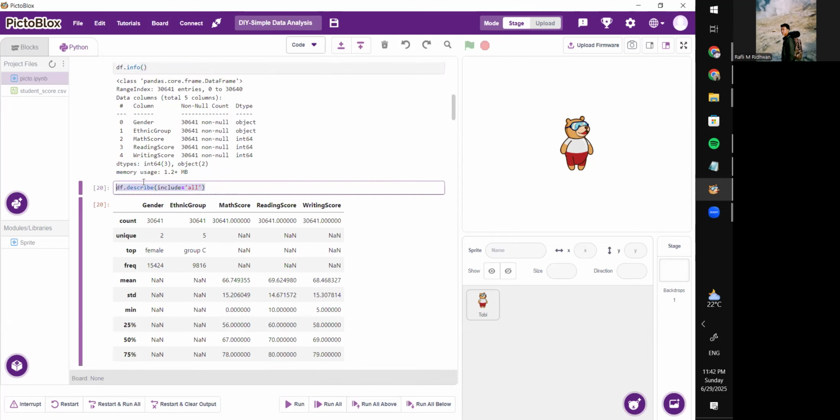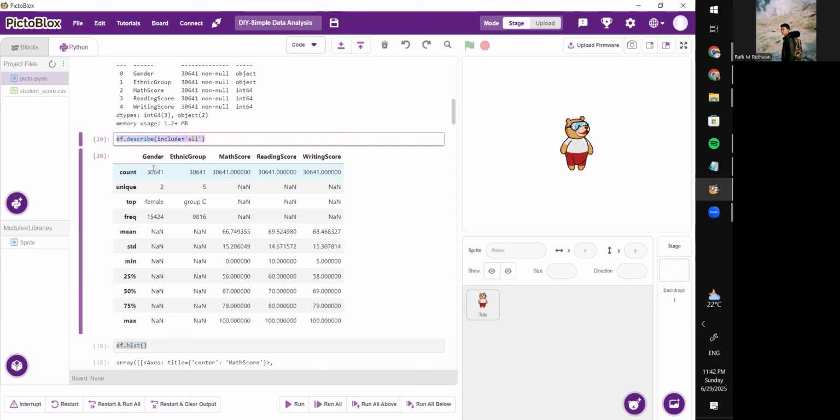And for this, the data frame describe shows the statistics or characteristics of each column. Gender has just 2 unique values, male or female, and ethnic group has just 5 unique values, which means there are 5 groups, and the most frequent is group C. These 2 columns are categorical, and the other 3 are numerical,